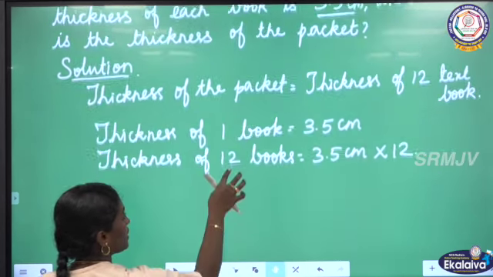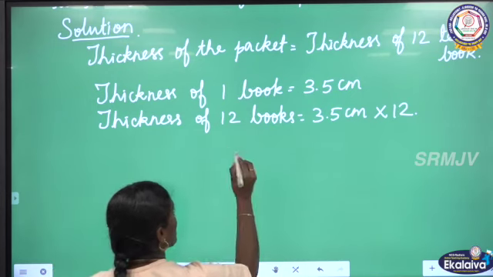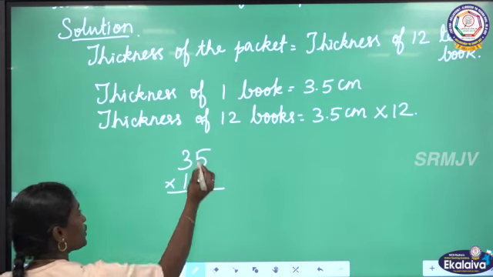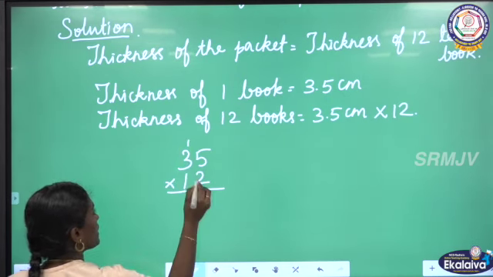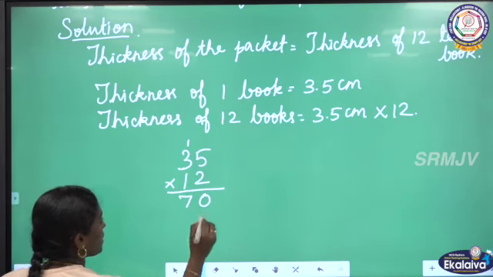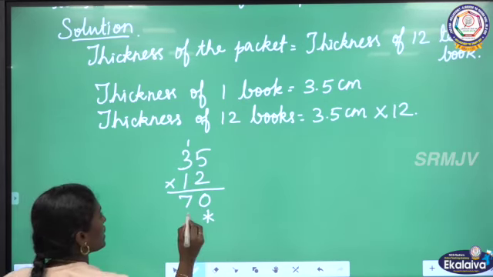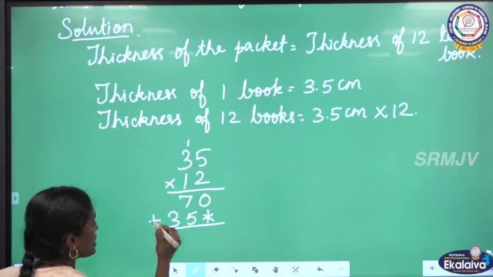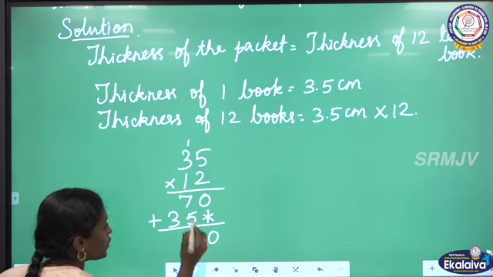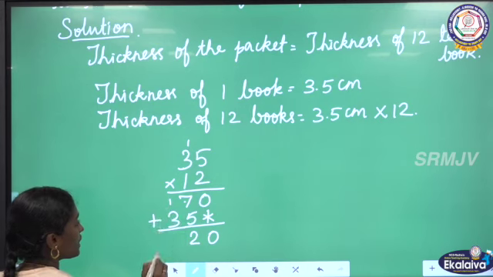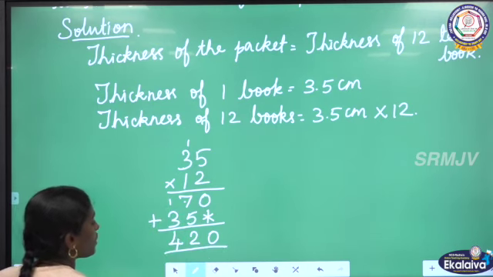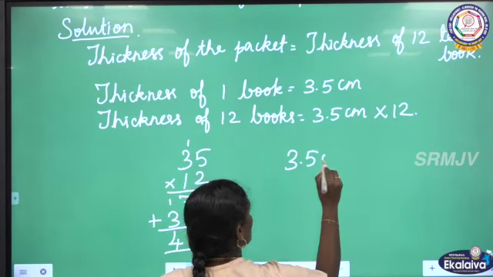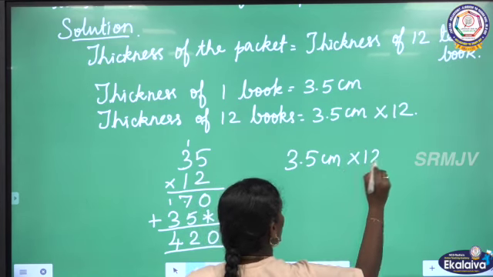Now we have to multiply the numbers. While multiplying, we have to consider it as a whole number. Then 35 into 12. Here 2 5s are 10, 0 here, 1 carry over; 3 2s are 6, 6 plus 1, 7. Now we have to leave the ones place. Then 5, 1 into 3, 3. While multiplying a number by 1, we will get the same answer. Now we have to add: 0; 7 plus 5, 12, 2 here, 1 carry over; 1 plus 3, 4. Now we got 420.